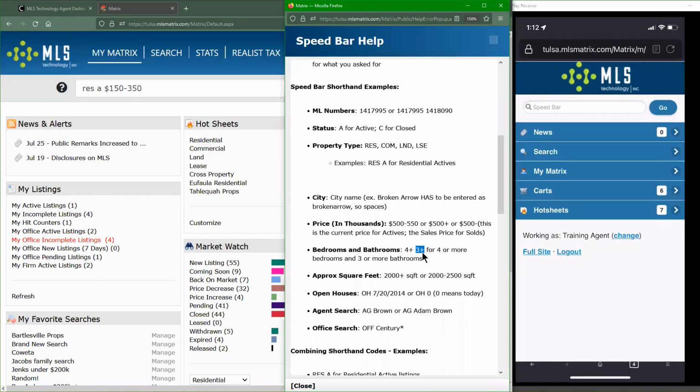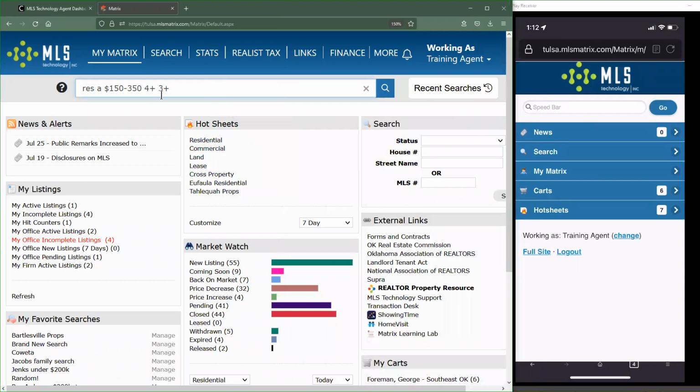The second one will automatically be assumed to be the bathroom. Now, what I mean by saying unaccompanied is that it doesn't have a $ sign in front of it, and it doesn't have square footage after it. So in this case, if I were to put in the same thing here, so the 3, 4, put that in there, it's going to be looking for 4 or more bedrooms, 3 or more bathrooms.